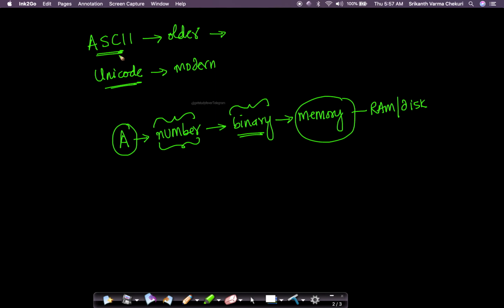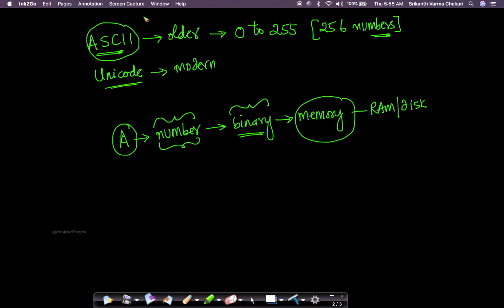So ASCII basically has numbers between 0 and 255. ASCII has 256 numbers to represent any character or any symbol. So ASCII, which is the older code, can only represent 256 numbers, while Unicode, which is more modern, can represent